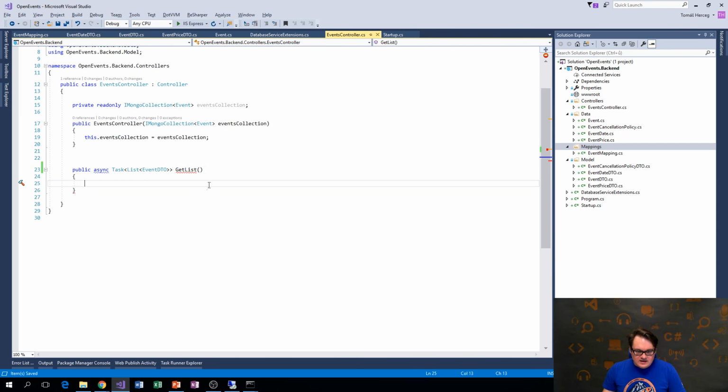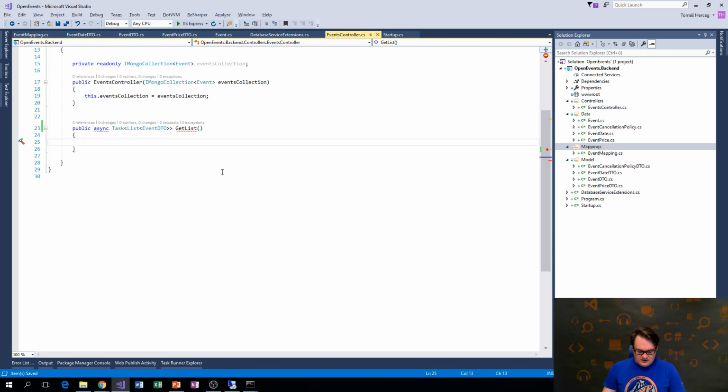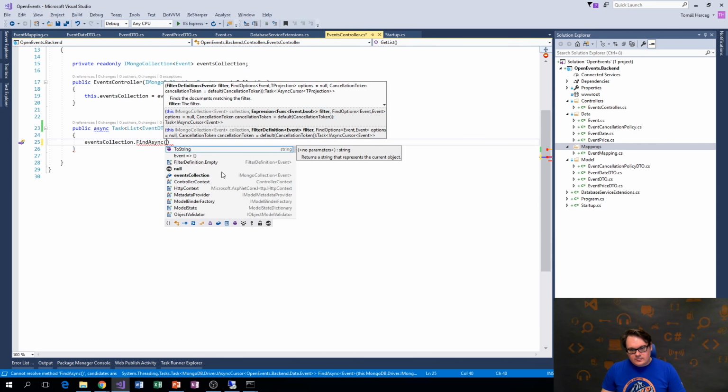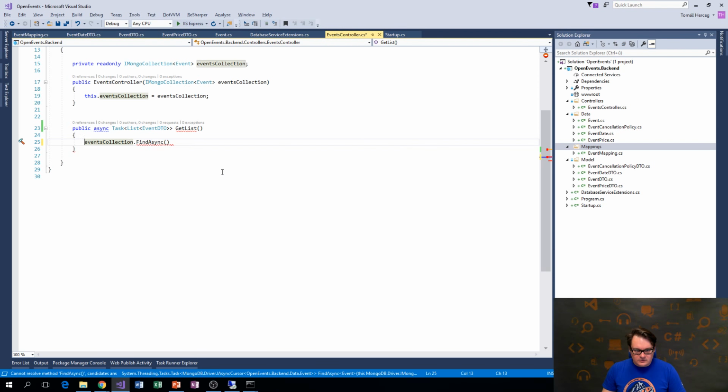So let's use this as an async. Inside we can say events collection find async, and this allows me to list all the events. This API will be very easy at the beginning because I won't have any filters. So let's just return all the events. In the future we will add some paging or sorting, maybe full text search functionality. So that's it. So we can say var events equals event collection find async, and